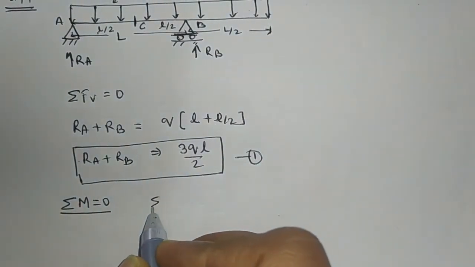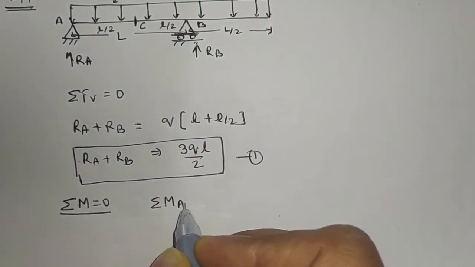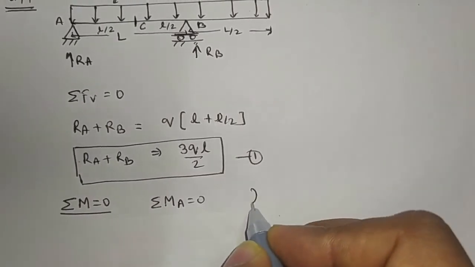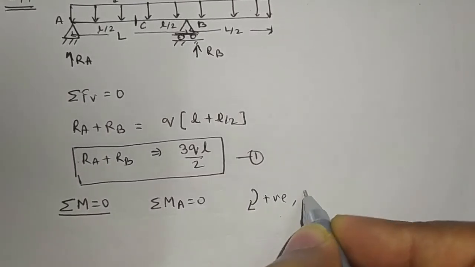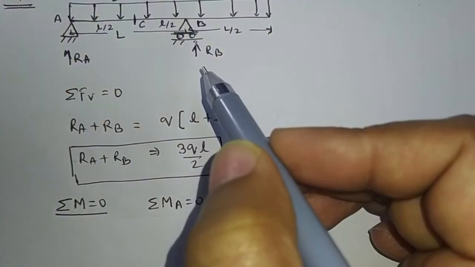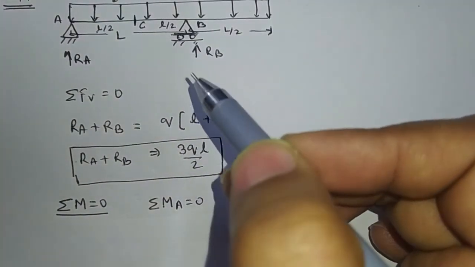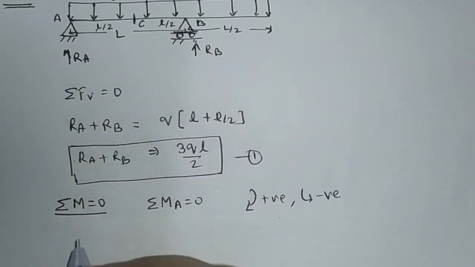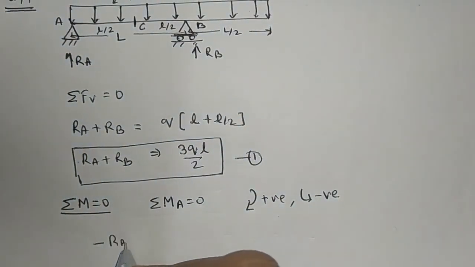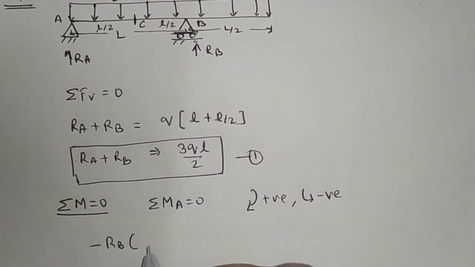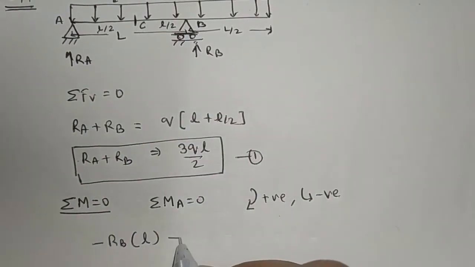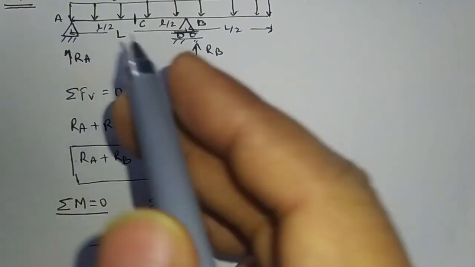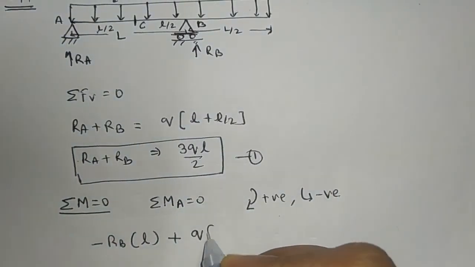So taking the moment at point A equal to 0, taking clockwise positive and anti-clockwise negative, the reaction at support B will produce an anti-clockwise moment at point A, RB into the length L, and the uniformly distributed load will produce a clockwise moment about point A, which is equal to